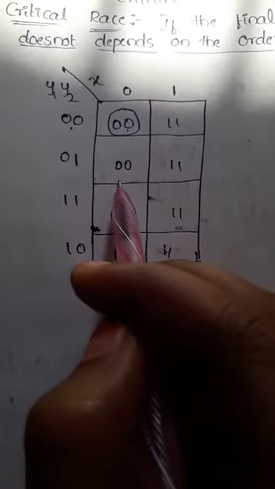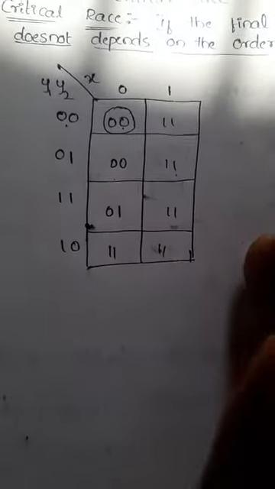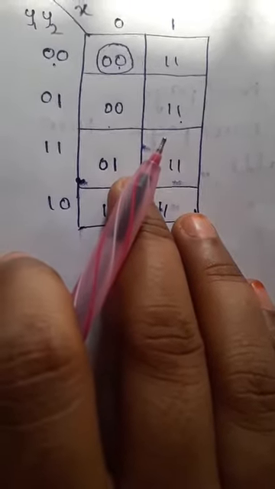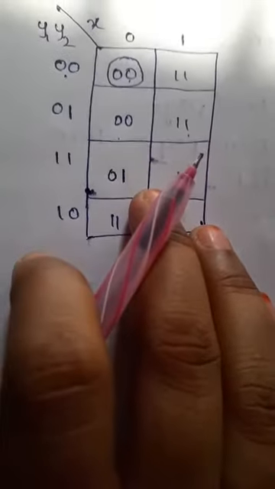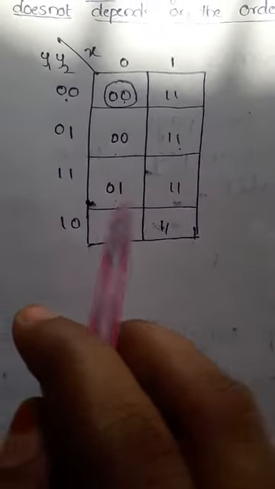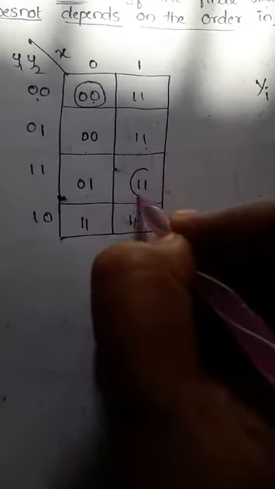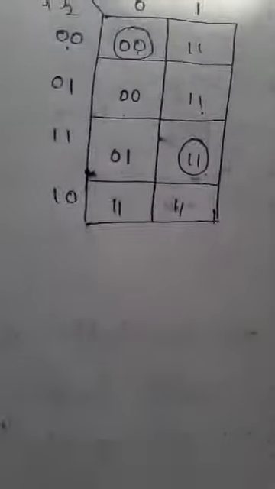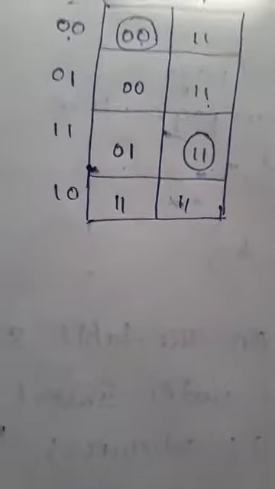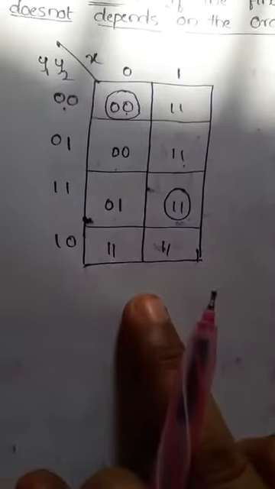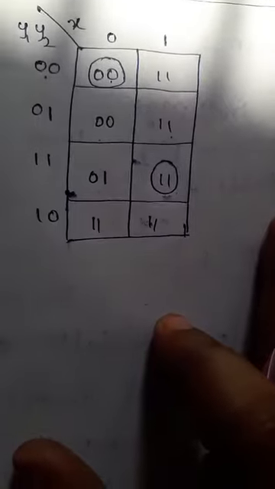So just leave it. Coming to the second row, here 0 1, 0 0, 1 1. These two do not have stable conditions, so here we won't have any stable states. Now come to the third one. This is 1 1, here we have 0 1 and here we have 1 1. So we get one stable condition in that, which you can encircle. Now come to the fourth row, 1 0, and here 1 1, 1 1 we have, right? Finally, in the second row and fourth row we won't have any stable conditions.